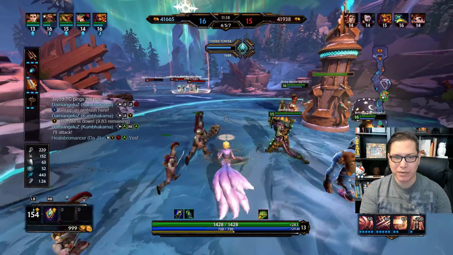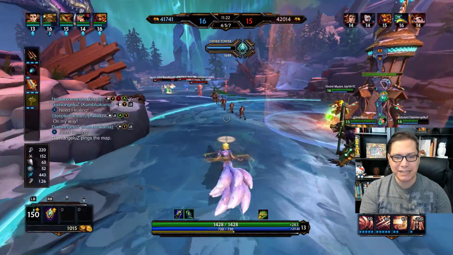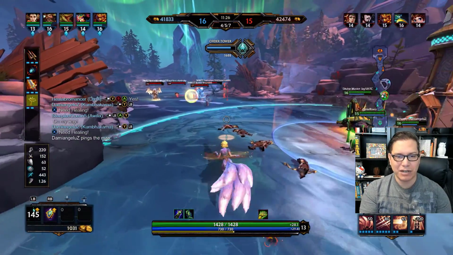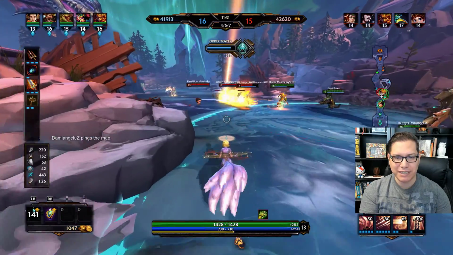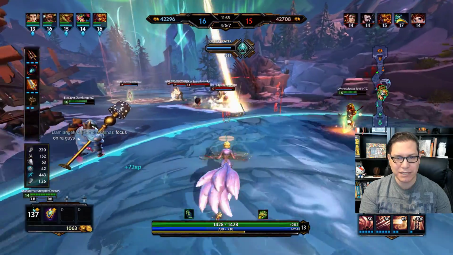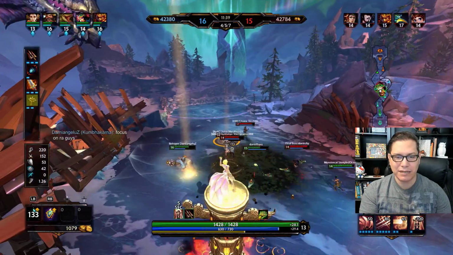Enemy team's also ready for a fight. They're back there healing, waiting for their minions to come up. I'm full healed, so I'm going to stay away from that because the enemy team's going to target wherever Ra's going to put down his healing. There is the Cupid ult for apparently no reason. Maybe... Oh, there's the Kumbhakarna. Let's go ahead and see if we can get a...